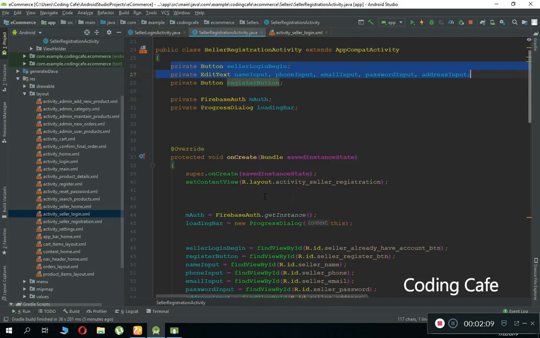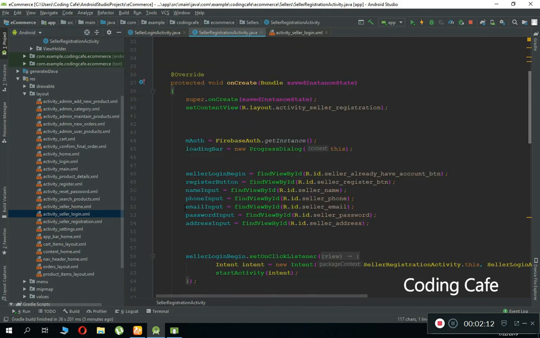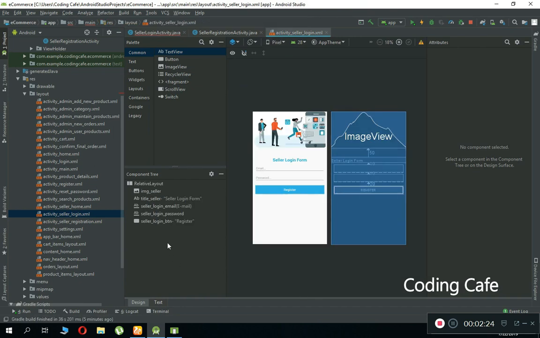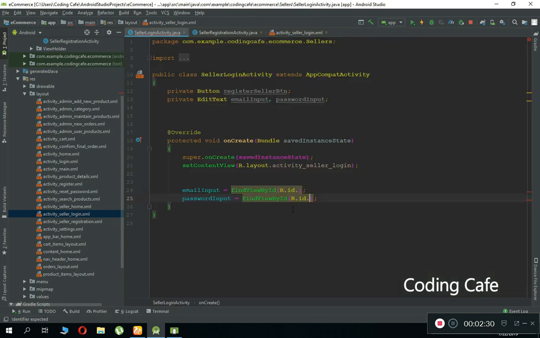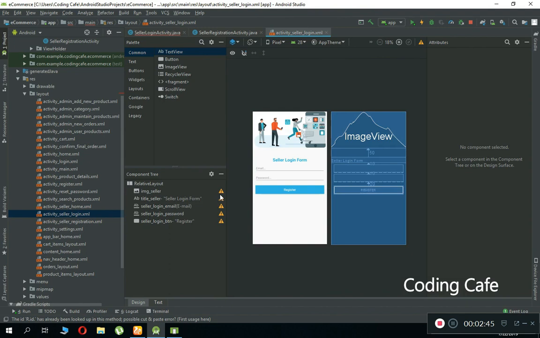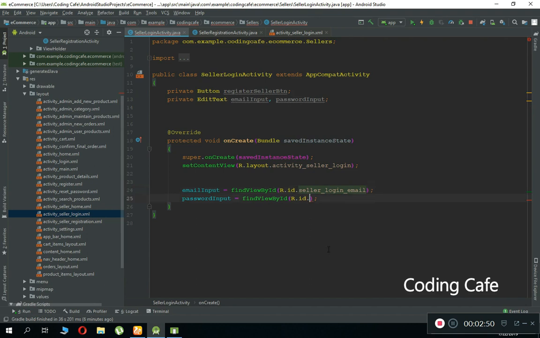Now next thing is, just come here and copy this email and password, and we have to change their IDs. So just paste it here, remove the ID, and we have to check seller login, seller login email, seller login password. So it is different. Make sure that you write the same, and it must be different from the seller registration. So yeah, seller login email, let me check it once more time. Login email, login password, login button,